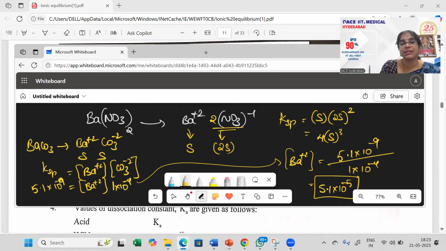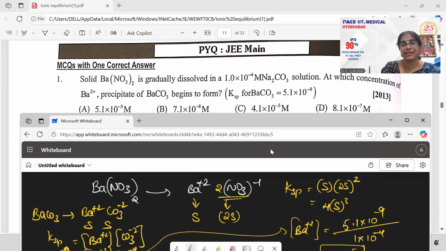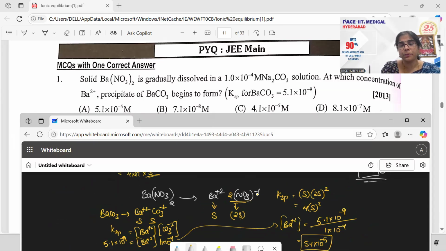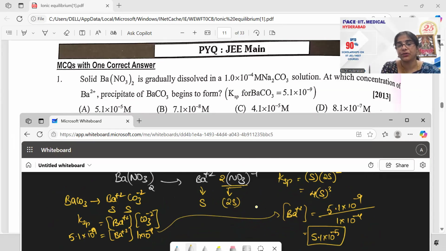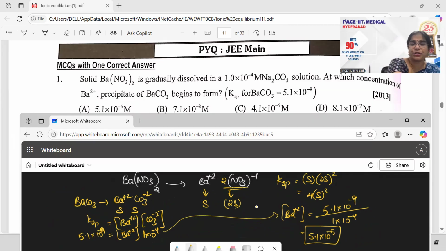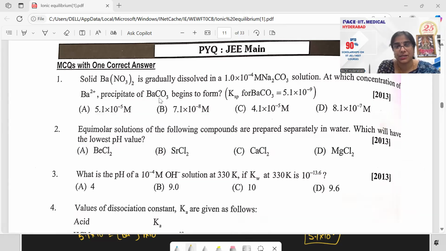So do we have that in the answer? Yes, option A is my answer there. You can see that. Option A is my answer. So what did we do here? We have actually tried to write that in this format of salt hydrolysis. Only one salt is given to us, not a reaction type. So directly use the KSP value, as we did earlier. Okay, so then from there I can bring out my barium carbonate, right? So that can be precipitated at option A, this much molar. That is what it is.